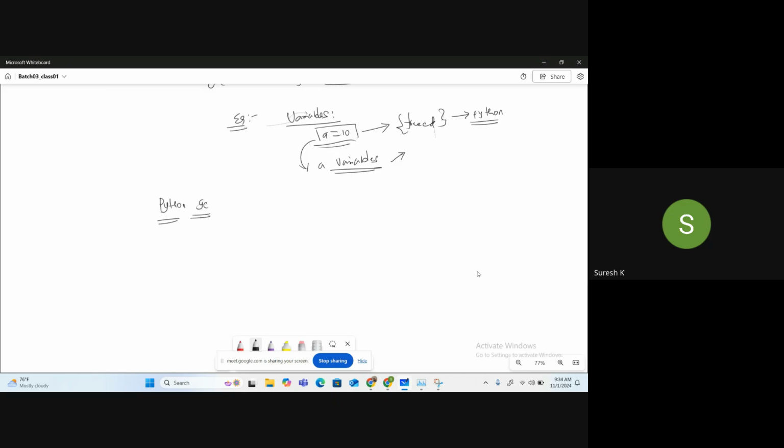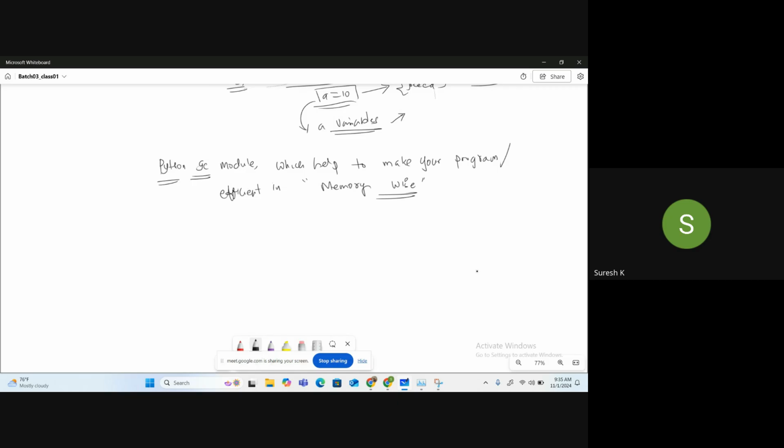In Python we have a GC module which helps us make your program efficient memory-wise. Clear? Is it clear up to this point? Yes, sir.